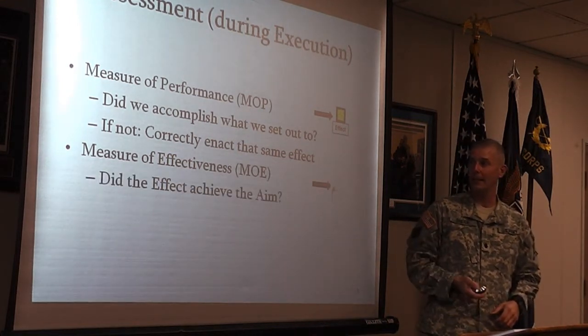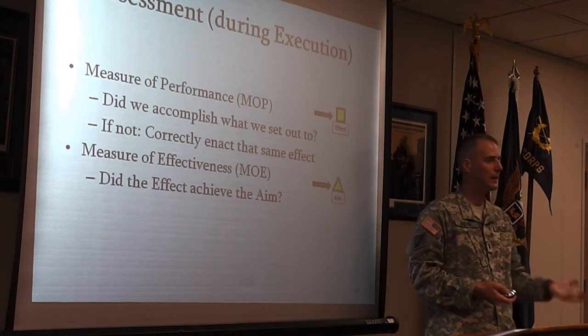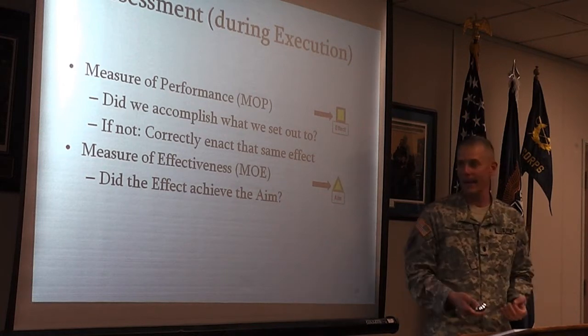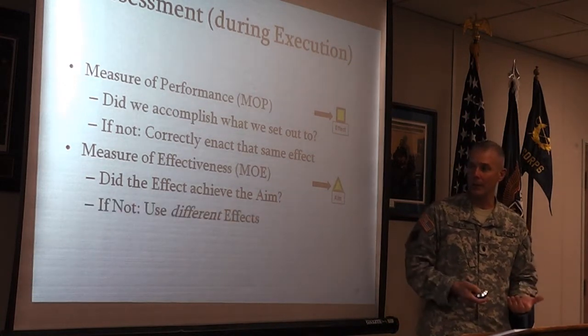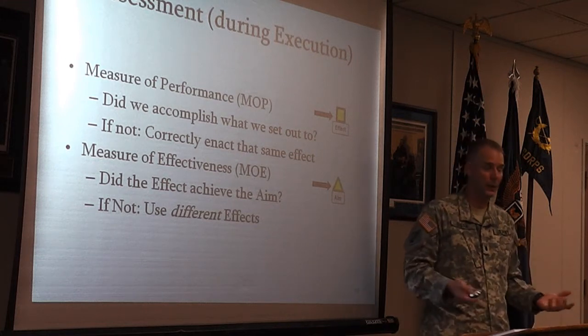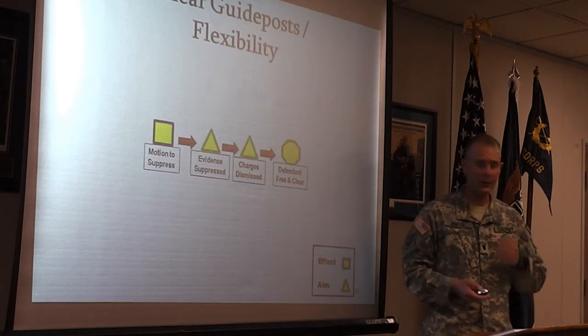If you go ahead and make it, and it didn't happen, you got to ask, did the effect achieve the aim? I thought this would result in shifting that variable. It didn't happen. All right. Then you got to do something different. People don't laugh at the joke. You don't keep repeating the punchline. You come up with a new joke. You do something different. So how does this play out?